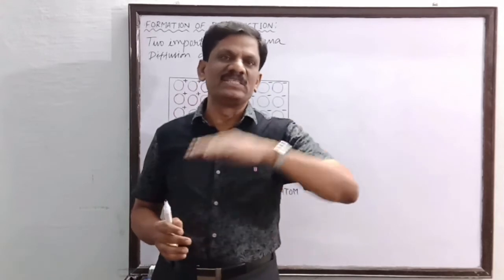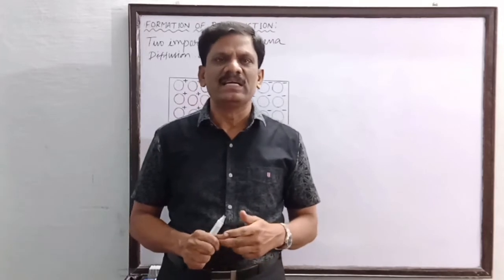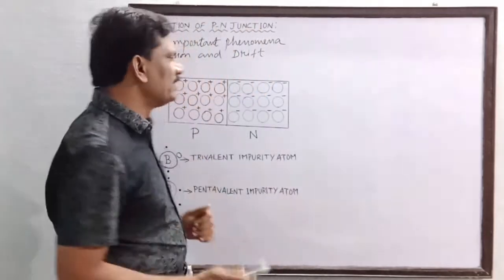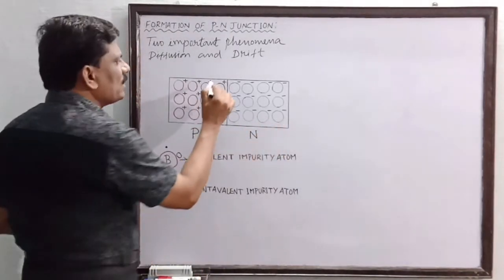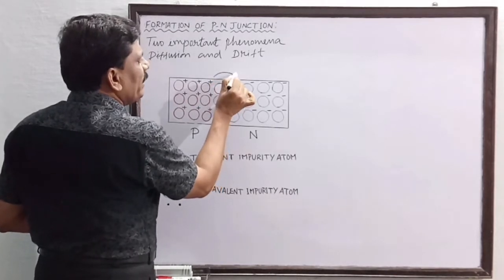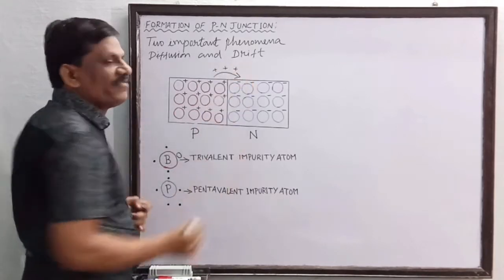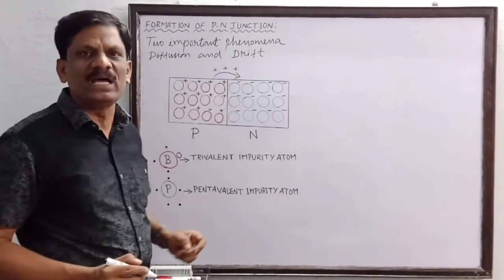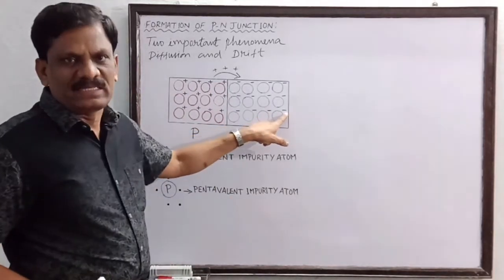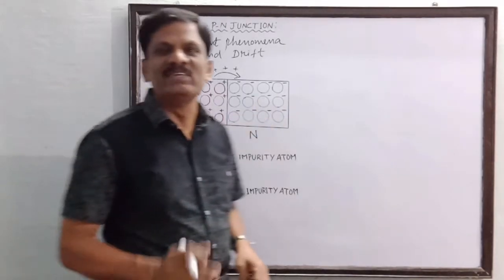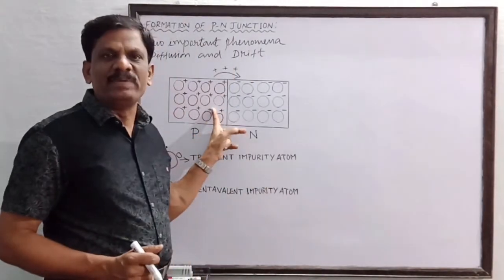From a higher concentration to a lower concentration, you have studied diffusion, osmosis and all, is it not? Like that here, the concentration of holes in the P region is greater than the holes present in the N region. So the holes will diffuse. The holes will diffuse from the P region into the N region. Okay, my dear students. So there is a diffusion of the holes from the P region into the N region. Similarly, the majority charge carriers, namely the electrons, their concentration will be more in which region? N region. Understand that? And the concentration of electrons in the P region will be lesser.